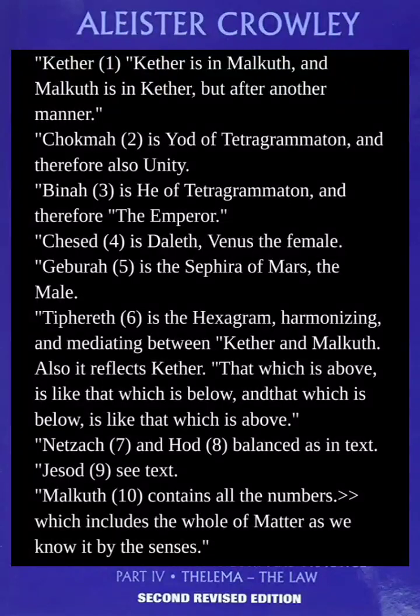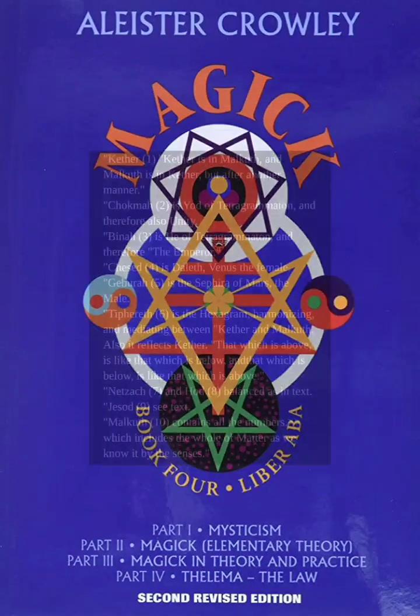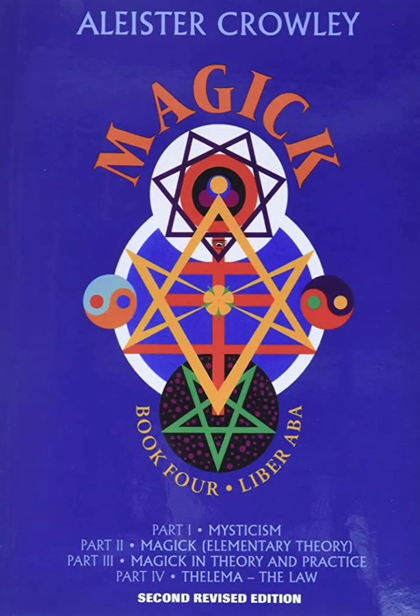Also it reflects Kether. That which is above is like that which is below, and that which is below is like that which is above. Netzach, number 7, and Hod, number 8, balanced as in text. Yesod, number 9, just as see text next to it, it's stability. Malkuth, number 10, contains all the numbers, which include the whole of matter as we know it by the senses. End quote. Just very briefly, as I said above, the first 3 Sephiroth, below that is the abyss, which separates